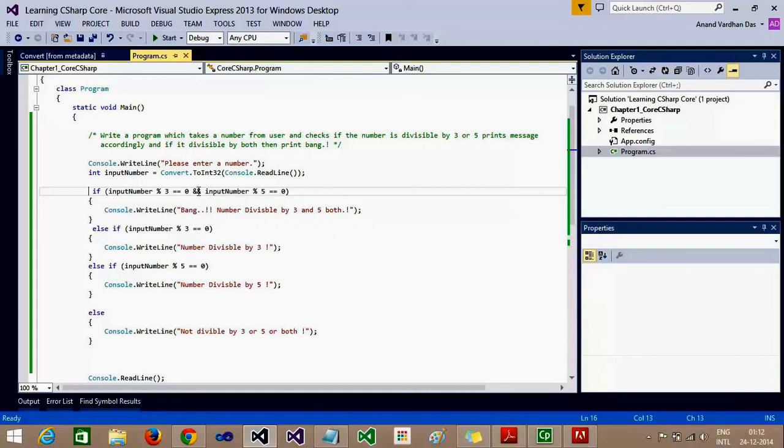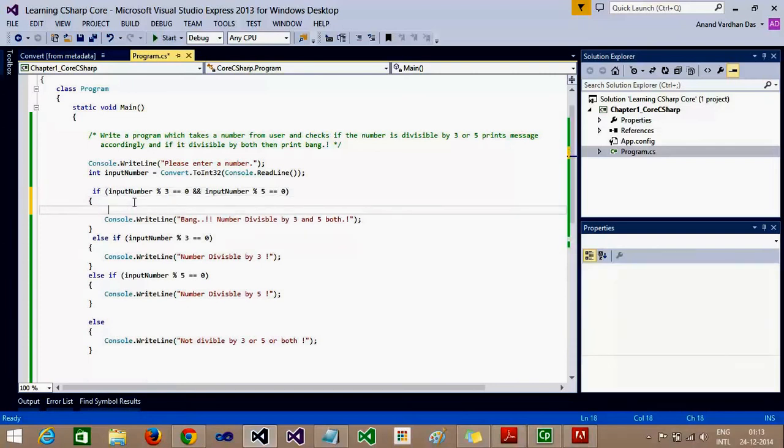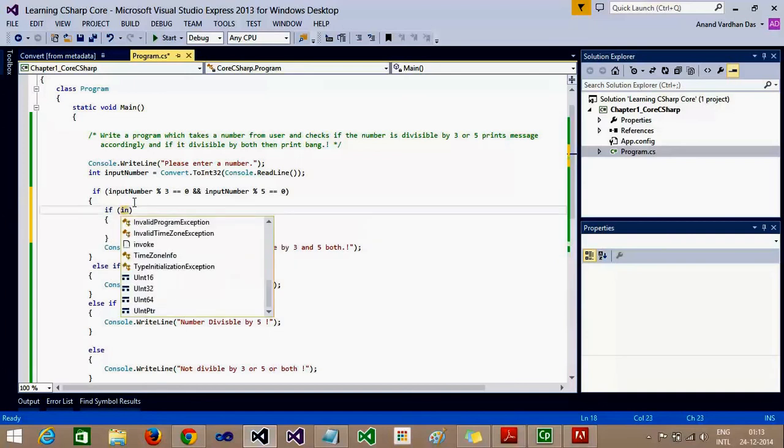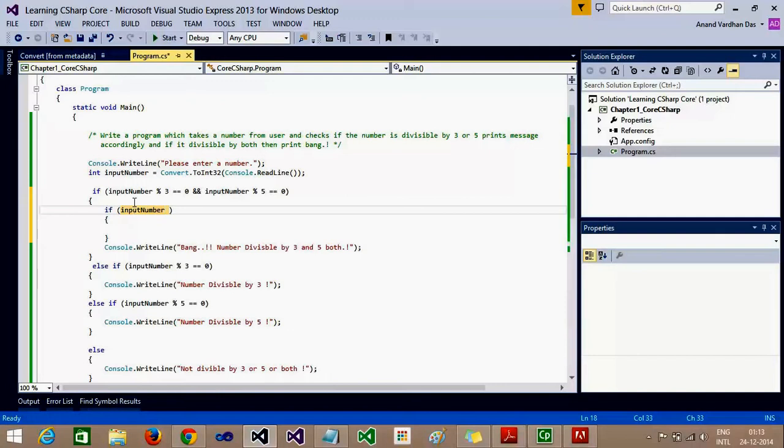If the question asks if the number is divisible by either 3 or 5, then instead of the double ampersand, we can use the double pipe symbol that denotes the OR condition. Apart from that, instead of writing the ampersand, we can nest another if which will check whether the input number is divisible by 5 or not.